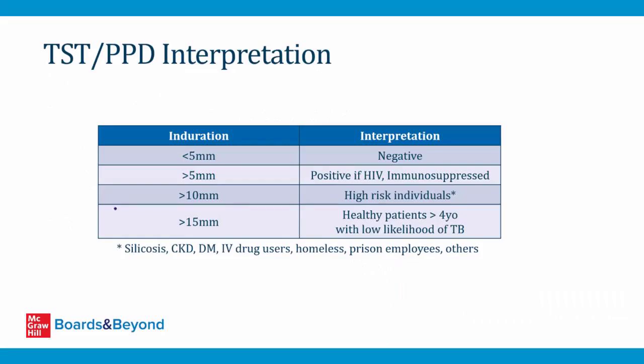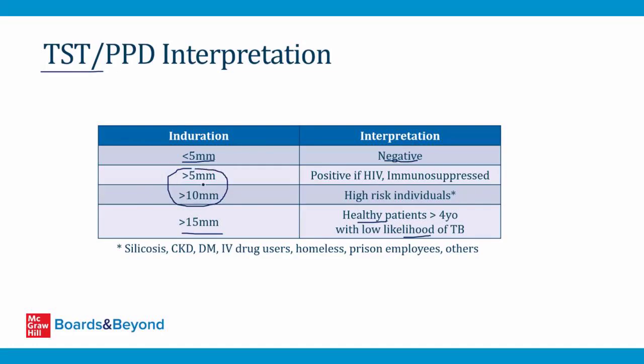So this slide shows how you interpret tuberculin skin testing or PPD testing based on the diameter of induration. If the diameter of induration is less than 5 millimeters, that's always negative. And if it's greater than 15 millimeters, that's always positive, even in healthy patients who have a low likelihood of tuberculosis exposure. If it's in the range of 5 to 10 millimeters, then it can be positive if the patient